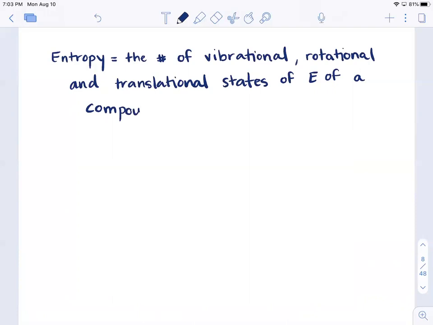And really how it is distributed, how these translational, vibrational, and rotational energies and states are distributed